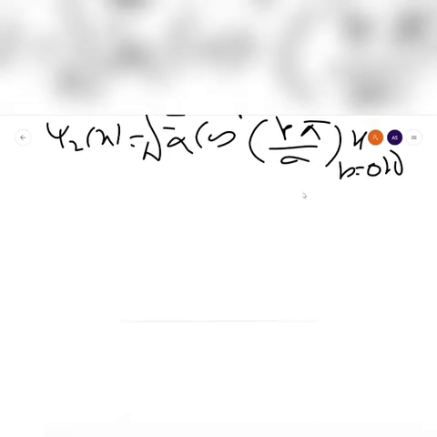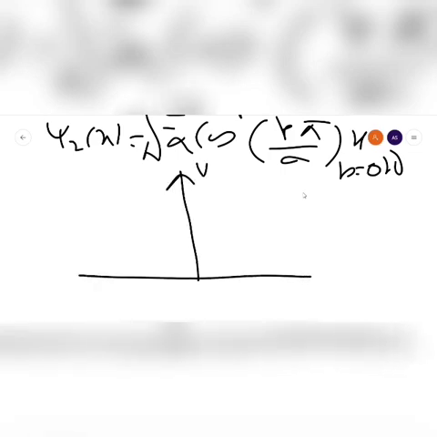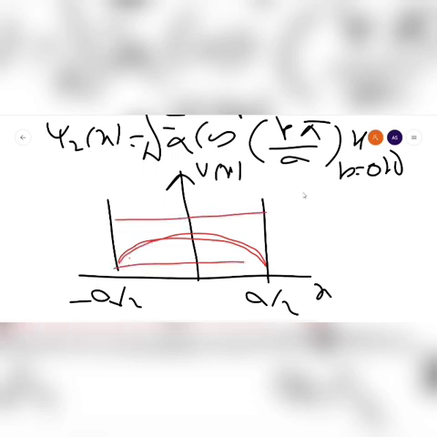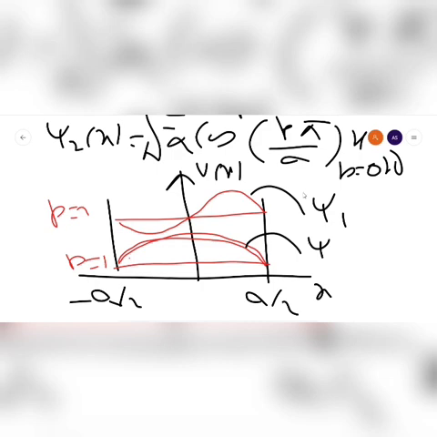It means that inside the box, the potential x is varied from minus a by 2 to a by 2. You can see that inside the box, when p is equal to 1 the wave function is like that, and when p is equal to 2 you will get like that. It means which one represents psi1 and which represents psi2. Here p is the odd number, here p is the even number.